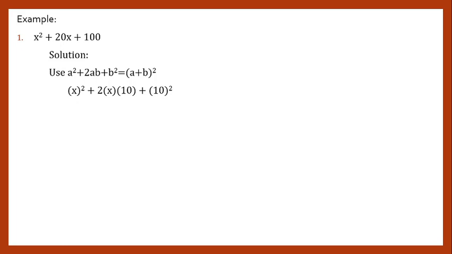So, meaning a is equal to x and b is equal to 10. Try to substitute the values of a and b and then multiply. So, 2x times 10 is equals to 20x. So, okay lang yan. But for example,